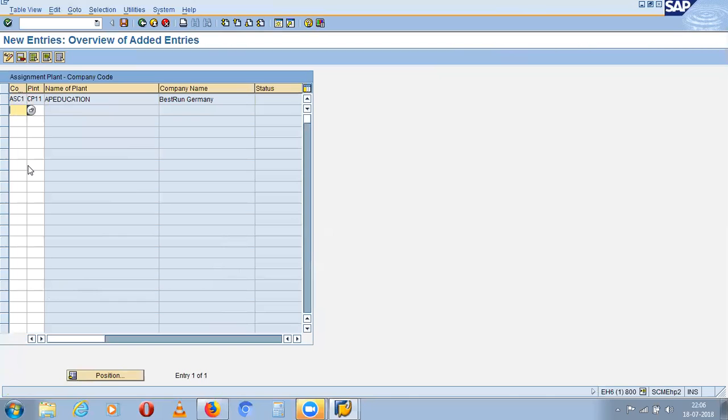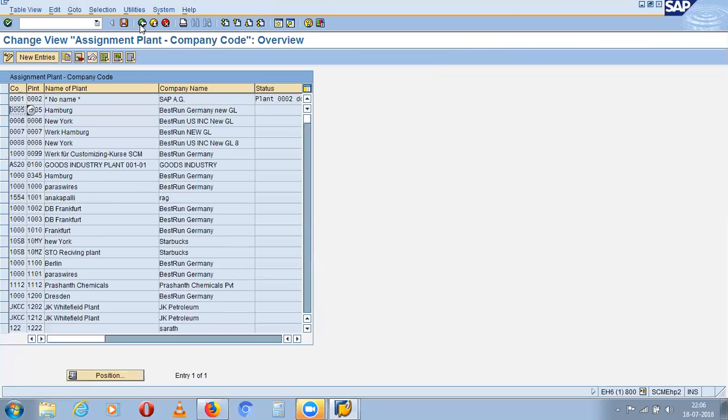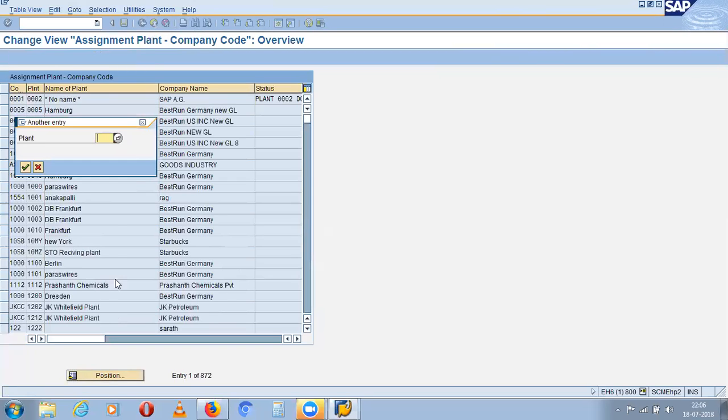Go back. Go back. Click on main menu, position. Click on position. Enter your plant, CP11.